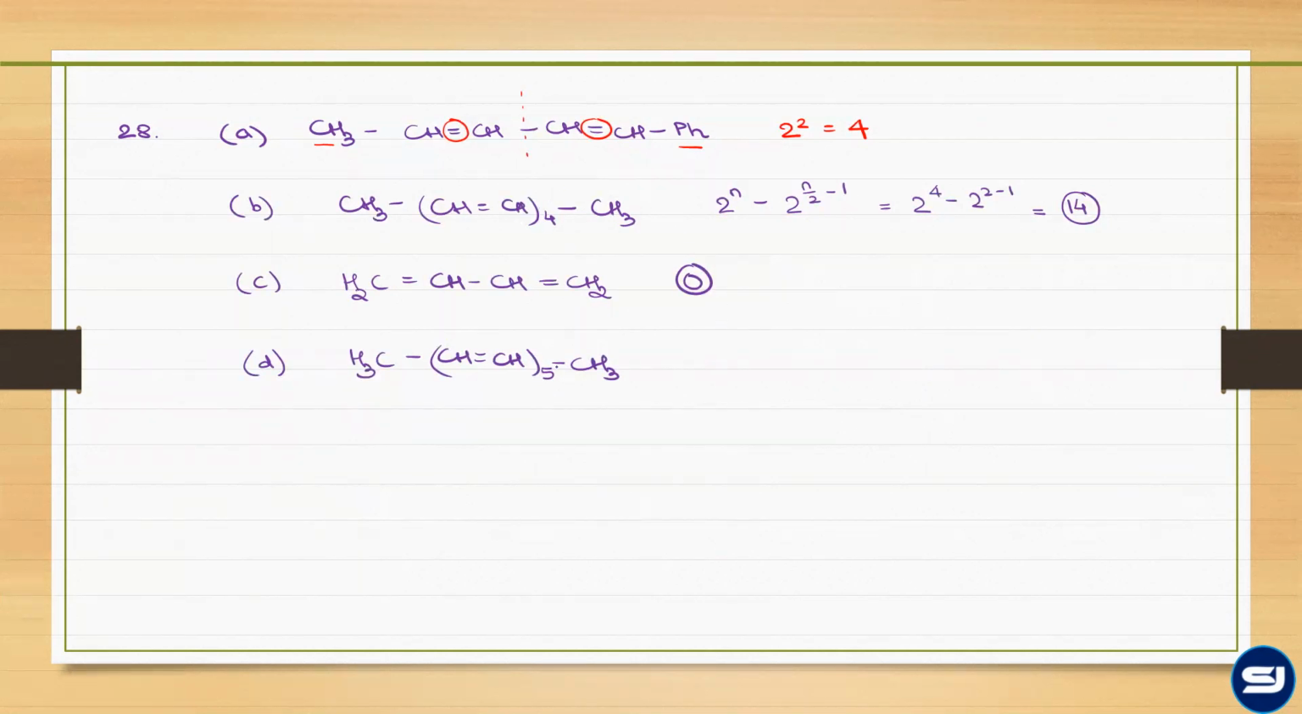Similar to the B option. Symmetrical with odd number of stereo centers. Symmetrical with odd number of stereo centers and the middle one is odd, so look at the middle. Geometric. So the formula was 2 raised to n minus